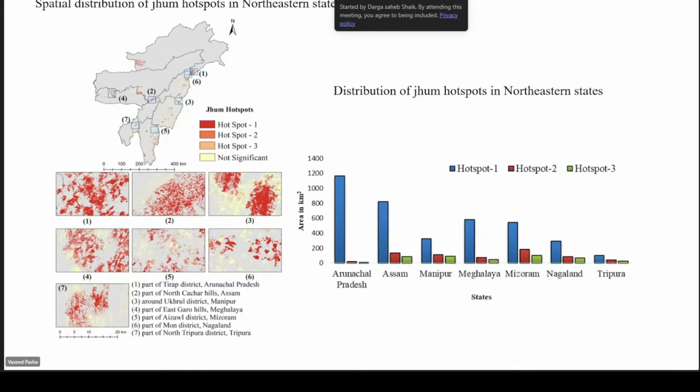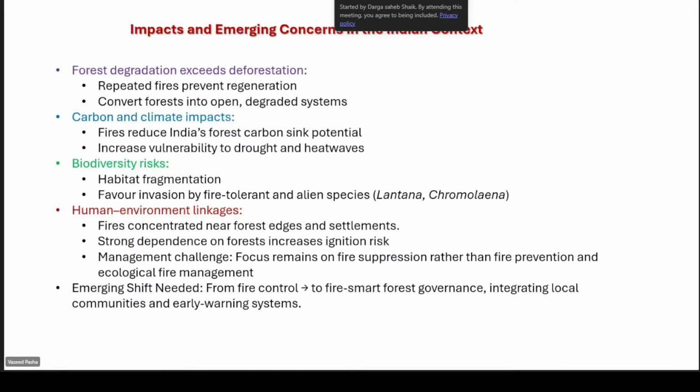You need to give a geospatial product saying this is hotspot 1, this is hotspot 2, and this is hotspot 3, so where you can go for immediate conservation, and where for level 1, level 2, level 3 conservation, that you can provide using satellite remote sensing. Here Arunachal Pradesh, Assam, Manipur, Meghalaya, Mizoram, Nagaland, Tripura, different examples we have provided.